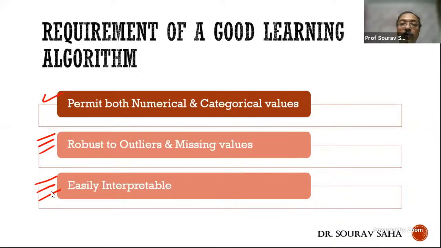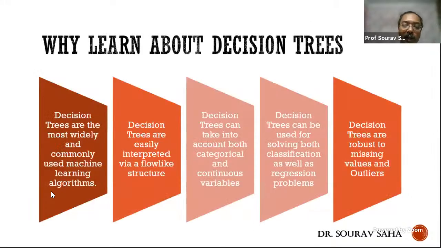In the next few years, that is the direction in which the research, the education, the investment is going to be: interpretable models. So these are the requirements of some good learning algorithms. Right. Coming to decision tree,